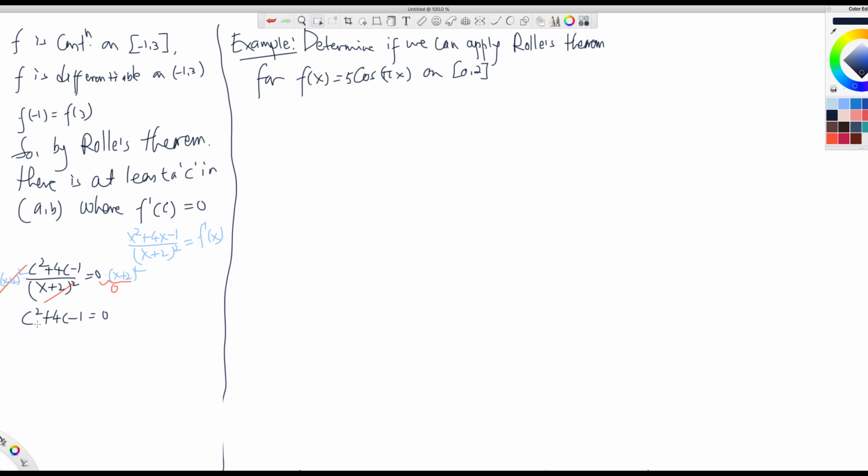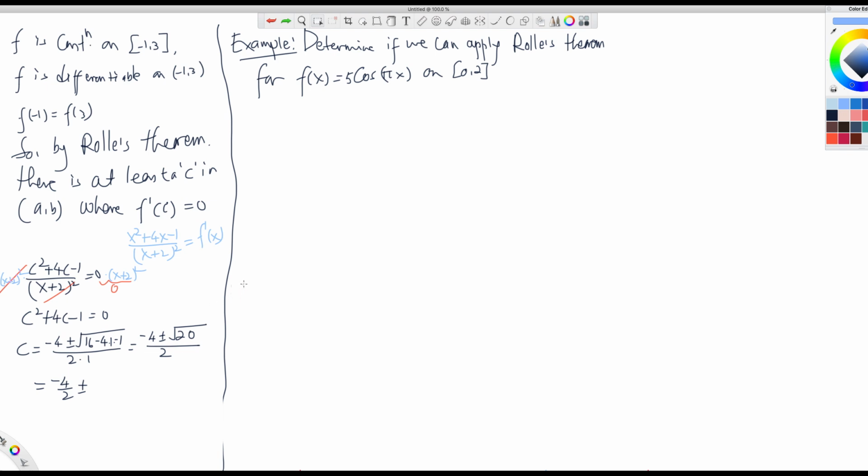Now you want to use the quadratic formula for that. c equals negative b, plus or minus root of b square, which is 16, minus 4ac, where ac is negative 1, divided by 2 times 1. How much is that? Negative 4 plus or minus root under 16, and negative 4 times 1 times negative 1 is positive 4, so 16 plus 4 is 20, divided by 2. I want to split the denominator, so I will get negative 4 over 2 plus or minus root under 20 over 2. Root under 20 can be written as